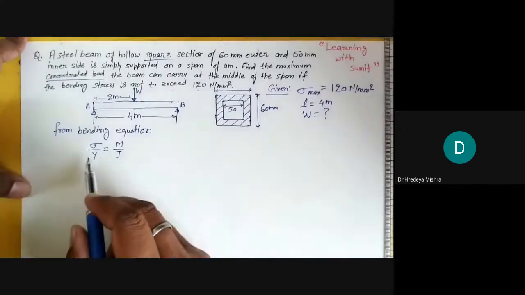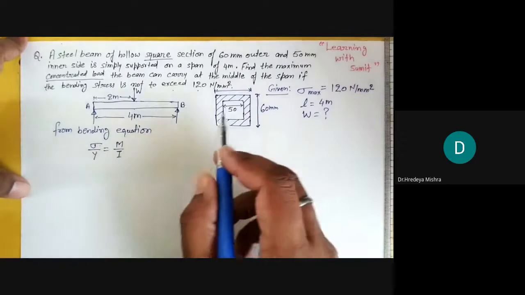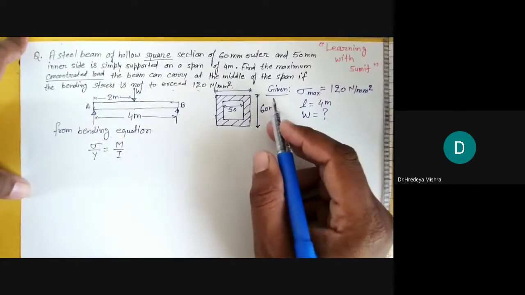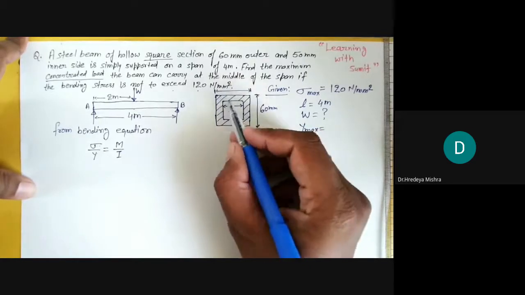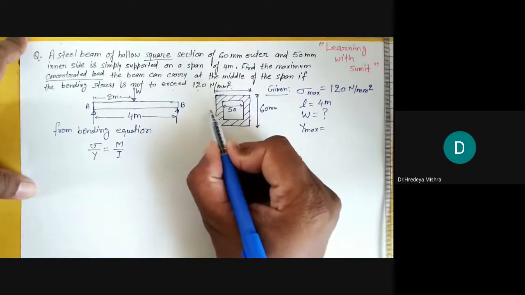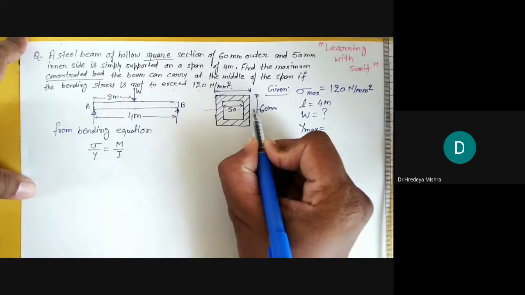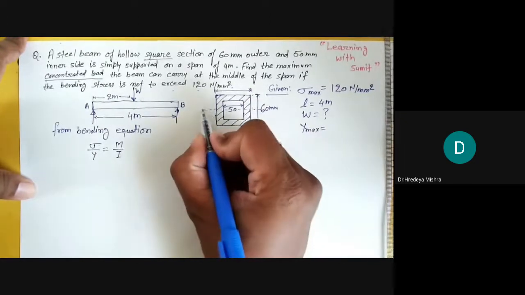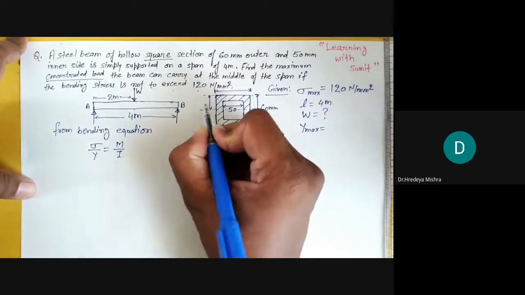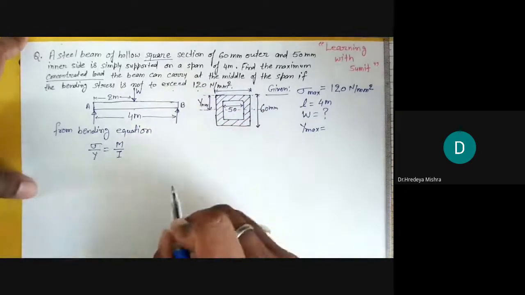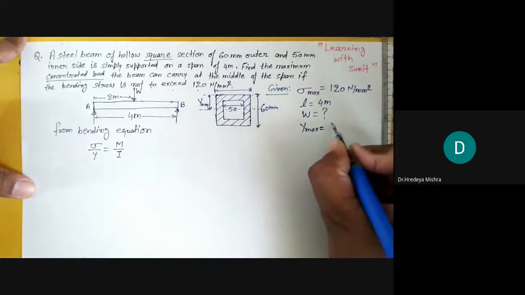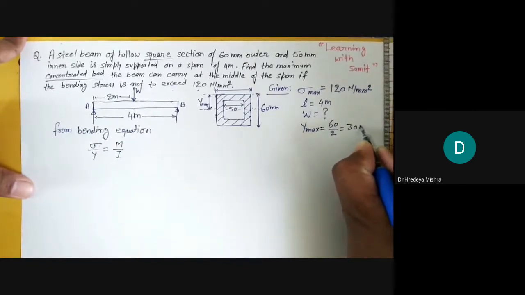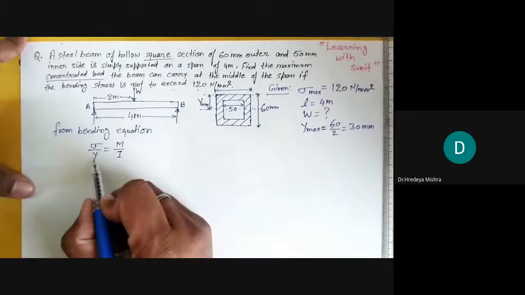यहाँ से σ हमें पता है, y हम लोग फाइंड कर सकते हैं। मैक्सिमम बेंडिंग स्ट्रेस के लिए y मैक्स कितना होगा? ये रेक्टेंगल है, तो न्यूट्रल लेयर इस क्रॉस सेक्शन के सेंटर पे होगा। न्यूट्रल लेयर से आउटर मोस्ट लेयर की जो डिस्टेंस होगी वही y मैक्स होगी, y की यही मैक्सिमम वैल्यू होगी। मैंने आपको प्रीवियस लेक्चर में बताया था, ये h/2 या फिर d/2 है। हमारा d यानी डेप्थ 60 है, तो 60/2 करेंगे तो ये 30 mm आ जाएगा। तो y मैक्स हम फाइंड कर लिए।